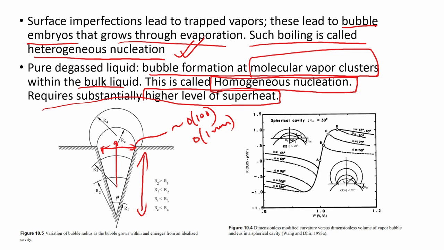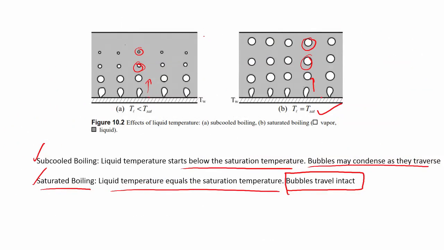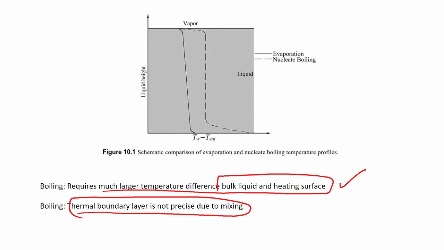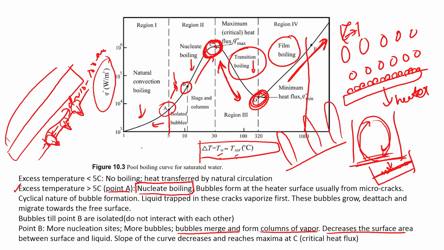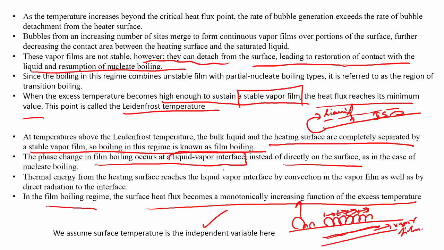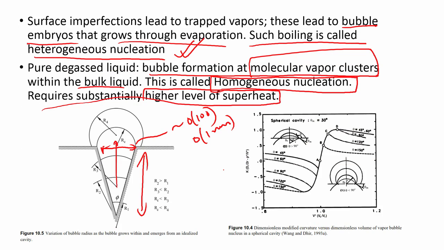So, what we learnt is that there is subcooled boiling, there is a difference between boiling and evaporation, subcooled boiling, saturated boiling, then the boiling curve, which is the most important thing that you would get, and this is a very typical boiling curve. This is done for saturated water. It can be done for other types of fluids also, and we learned the different stages of that boiling, and now we know that there is something called heterogeneous nucleation and something called homogeneous nucleation of the boiling. And so, what we are going to do right now is study